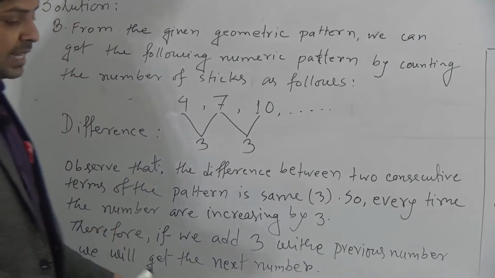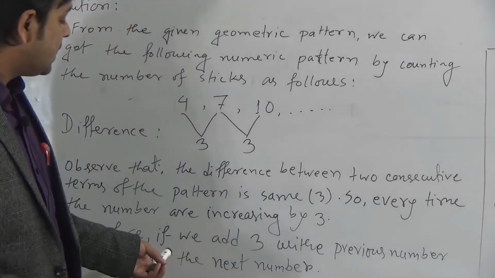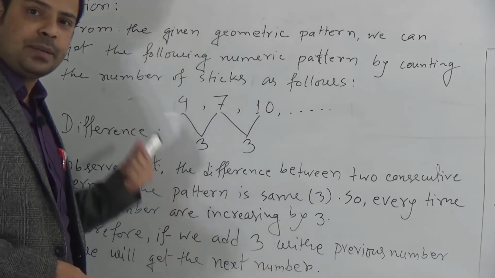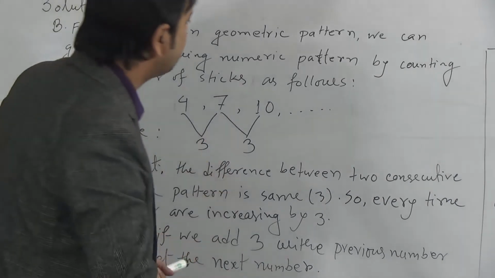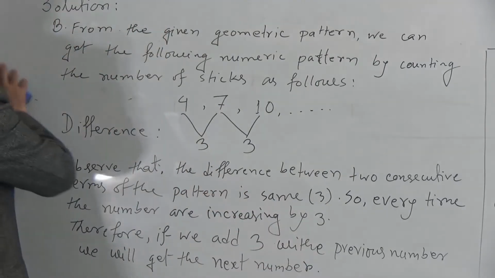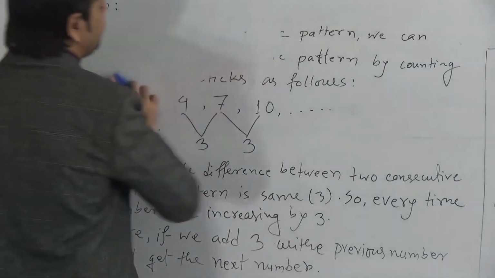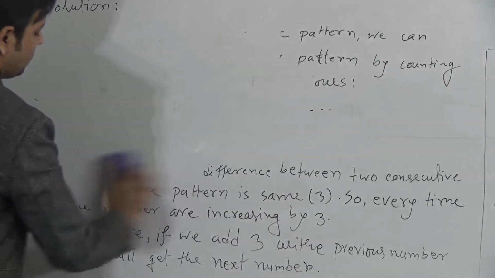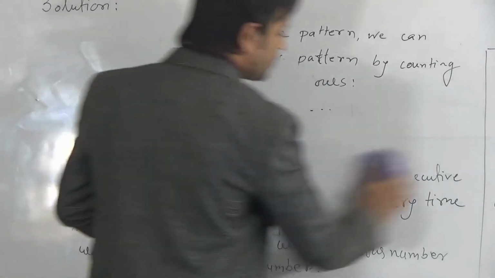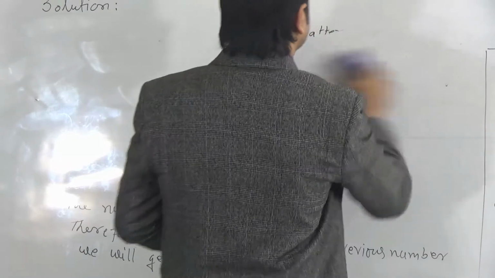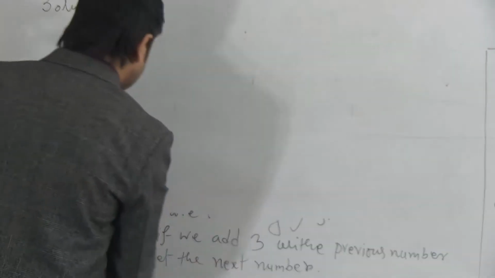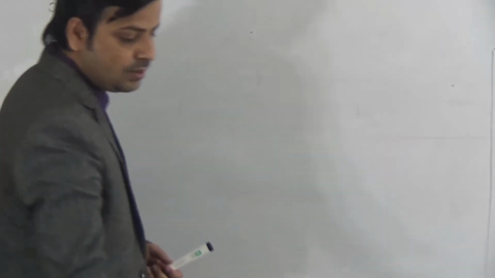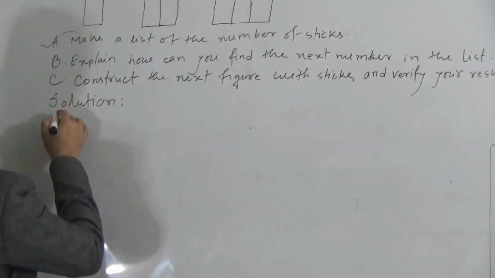So the process is we have to add 3 with the previous number to get the next number. Okay, now I will solve question C. Question B is done. Question C is construct the next figure with sticks and verify your result. So we have to construct